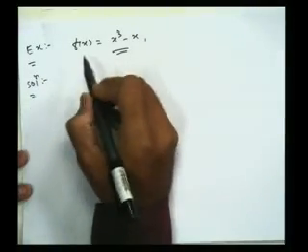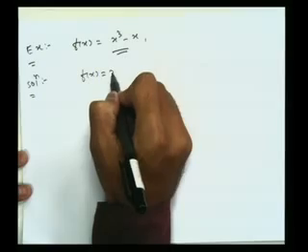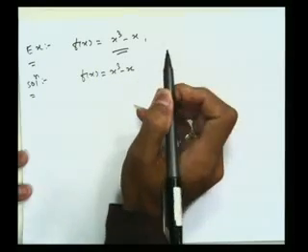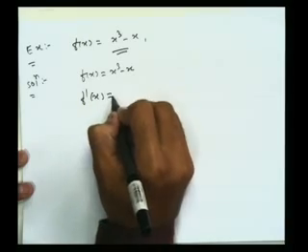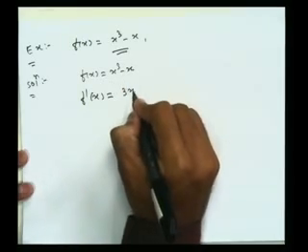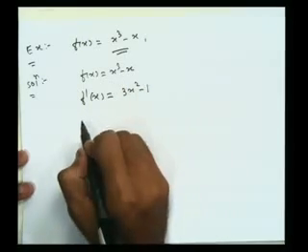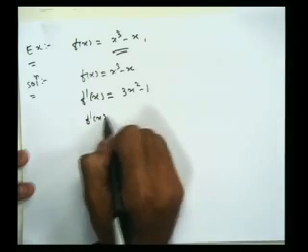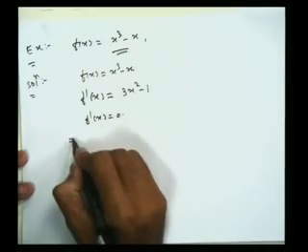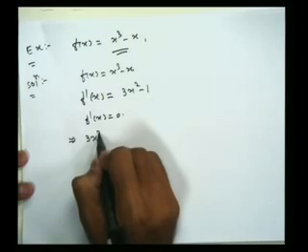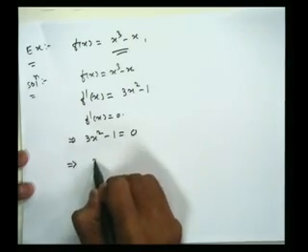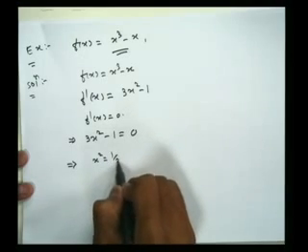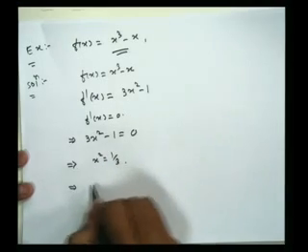Here our f of x is equal to x cube minus 3x. First of all, we have to find the critical points of this function. For that we need f dash of x. F dash of x is equal to 3x square minus 1. If we equate f dash of x to 0, then we have 3x square minus 1 equal to 0, which implies that x square is equal to 1 by 3, implies x is equal to